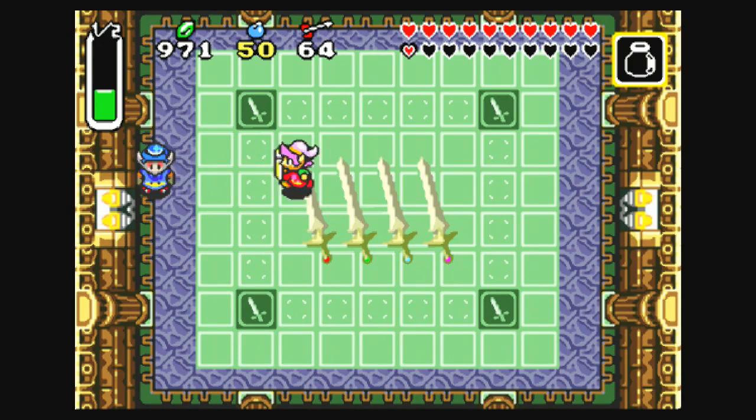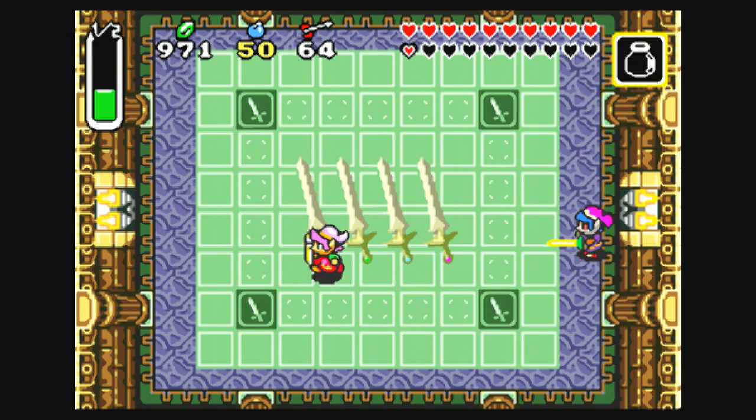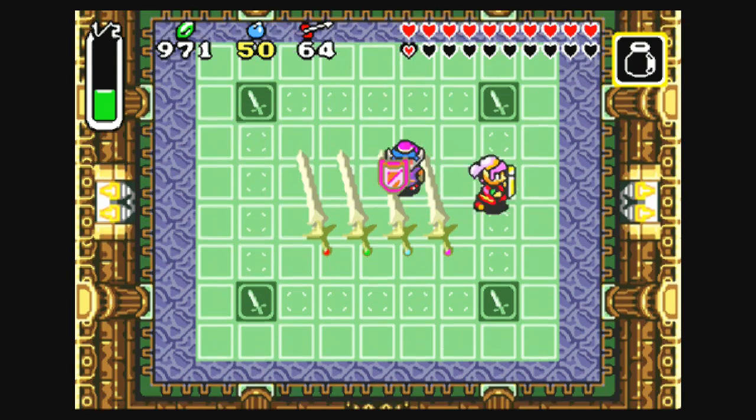But just usually letting him try to attack you and then swinging at him while they're dashing is the best strategy. And finally, Purple Link. His new move is a little unique from the rest. When he jumps out of the way,